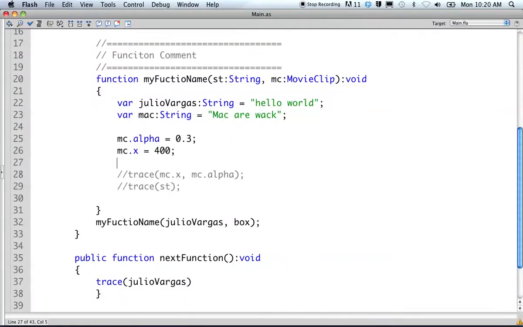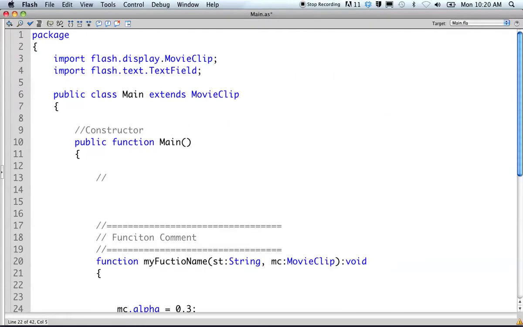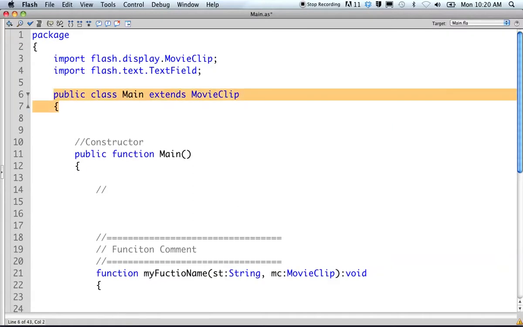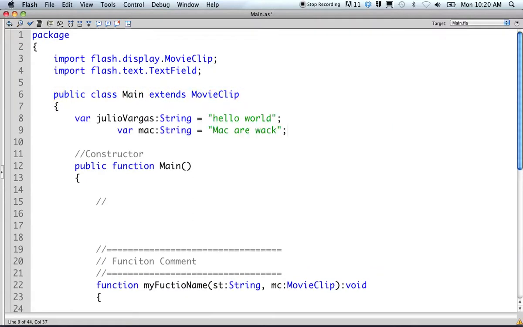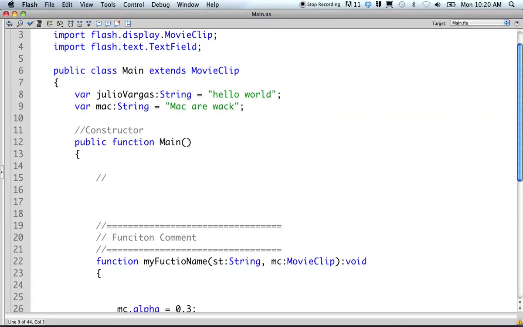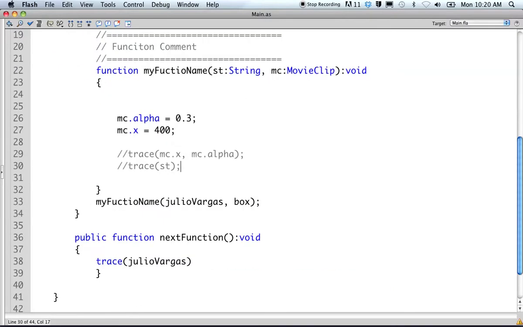So now I want to be able to access this particular variable anytime I want. Anytime I want to say hello world or whatever, I want to take that variable. I'm going to take both of these out and put them out here, right after your class definition. You're going to drop them in there. And now this has become a global class variable. So now if I want to trace that,